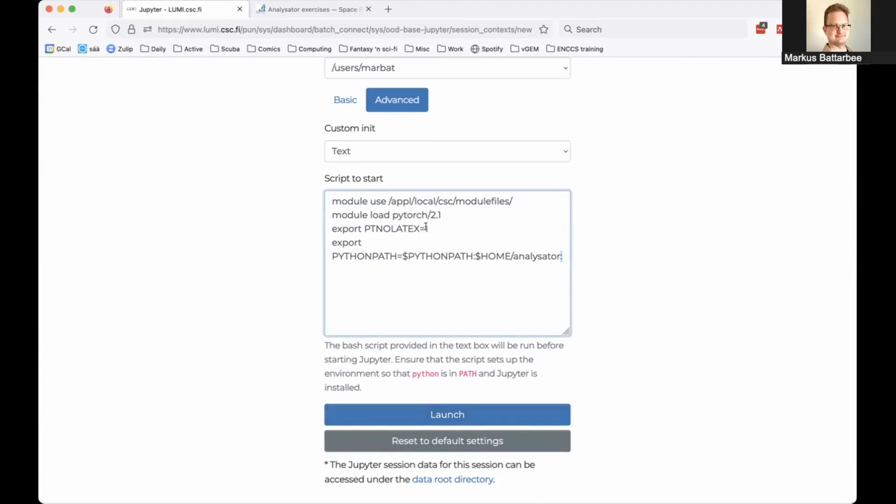The PT no LaTeX is, it turns off the advanced LaTeX text handling of analysator. Matplotlib does a fair amount of fancy text handling and markdown, but we've built it so that you can actually run the text live interpreter to properly generate texts for your plots, but it can be turned off with this. And there's no TeX Live on LUMI, so we need to turn it off. So we launch,